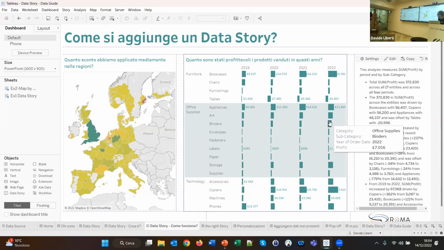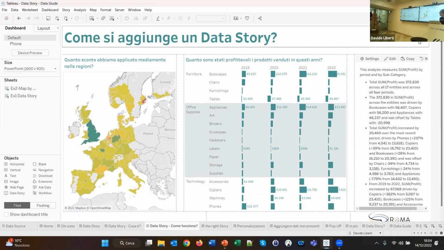Ok, quindi abbiamo la nostra data story che ci dà tutta una serie di informazioni a partire da questo grafico, dove viene mostrato per category e subcategory, parliamo del sample superstore che tutti conosciamo a memoria, il profit, con i famosi tavoli che sono sempre i più sfortunati. Che cosa ci dice il data story? In maniera narrativa va a elencare tutta una serie di punti che dicono innanzitutto quali sono i campi su cui stiamo facendo la nostra analisi, e parte da descrizioni molto più generiche, di altissimo livello, fino a scovare degli insight maggiori,